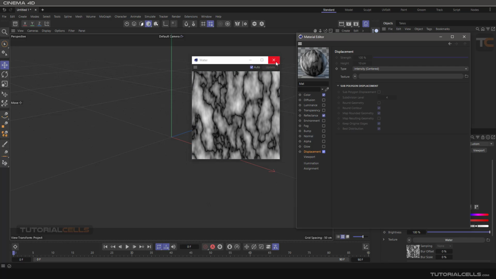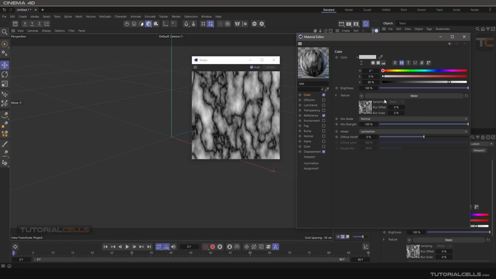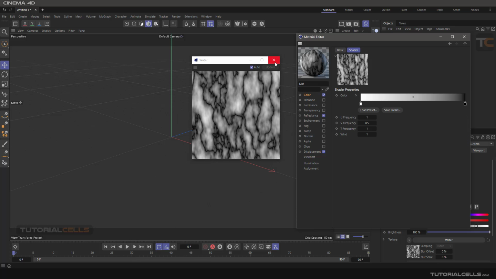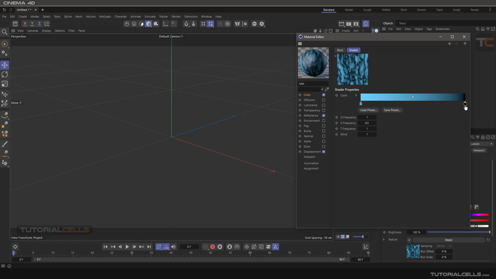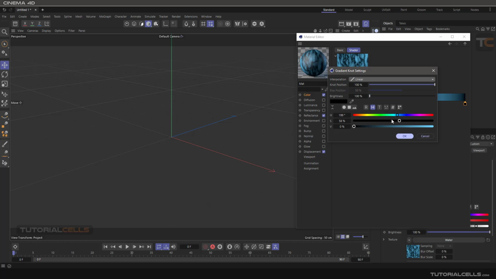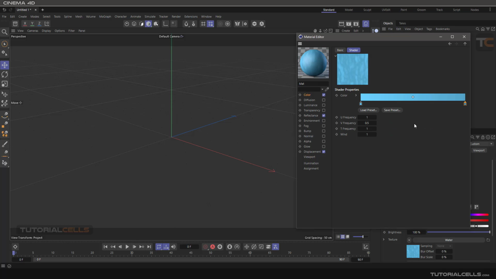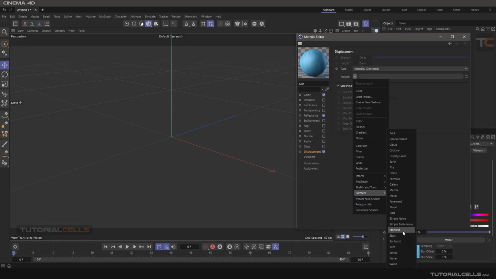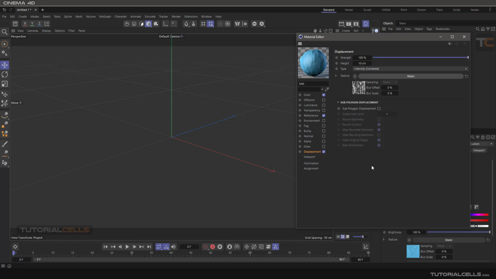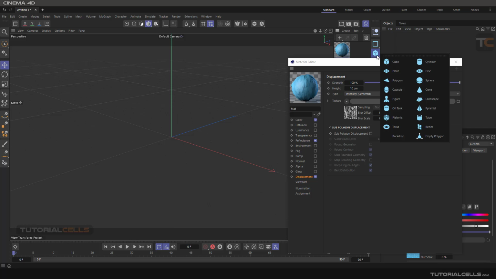Let's turn on displacement. In color, you can go to the water and change the color of the water, and you can do something like that. It's your water surface, and then you can activate it in exactly that in water. It's better to copy and paste, and then you can assign it to a simple plane,